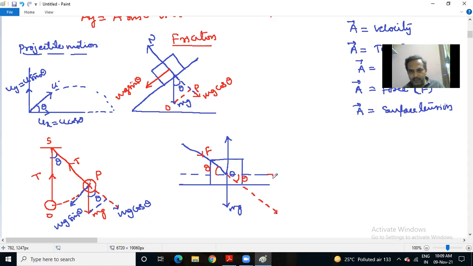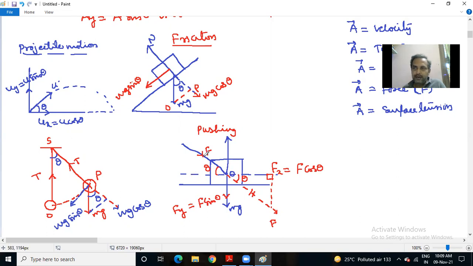Now once again you can construct a right angle triangle. So this is to be considered as F, this is 90, this will be the hypotenuse. This is to be taken as the horizontal direction. So Fx is equal to F cos theta. Now this F is also acting in the negative y direction, therefore it will be F sin theta. Fy is equal to F sin theta, which will be joined with the weight of the body. So this is in the case of pushing. Remember, as and when the vector concept comes, there will definitely be numericals based on resolution as well as on the parallelogram law of vector addition.